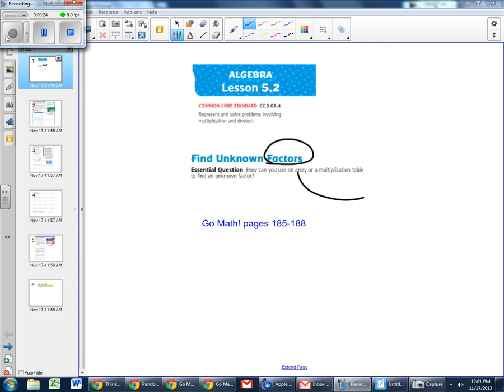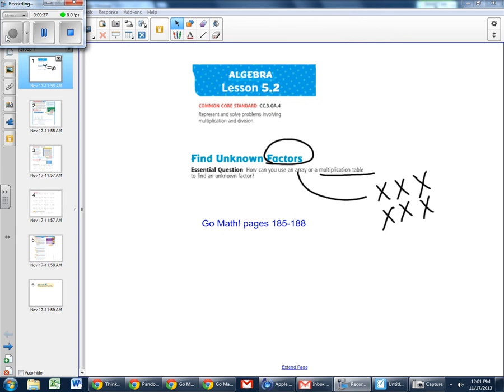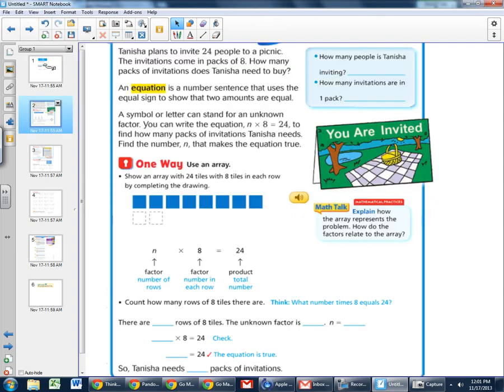We talked about that being a simple drawing with rows and columns, or a multiplication table. We used those to find an unknown factor. And to work on these questions today, you're going to use your pages 185 through 188 in your Go Math book. So we will start with page